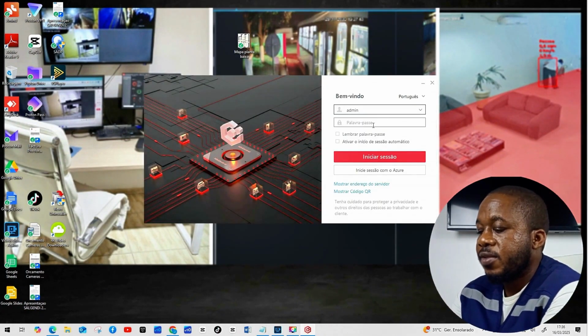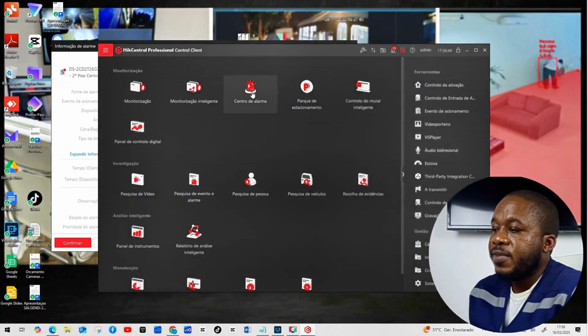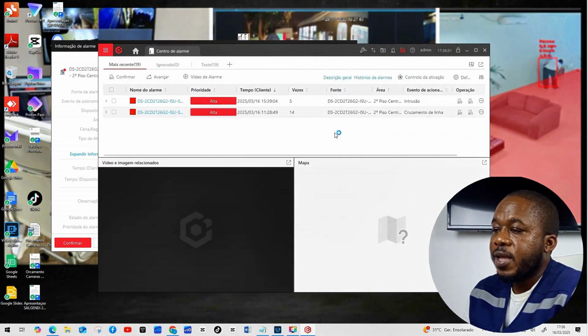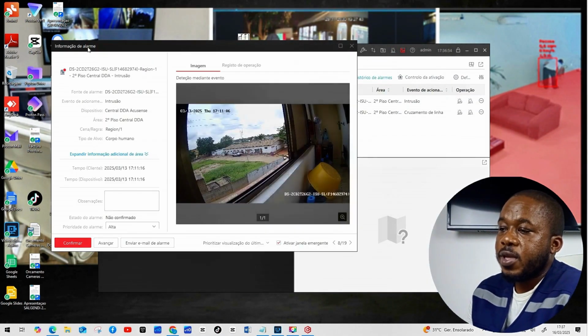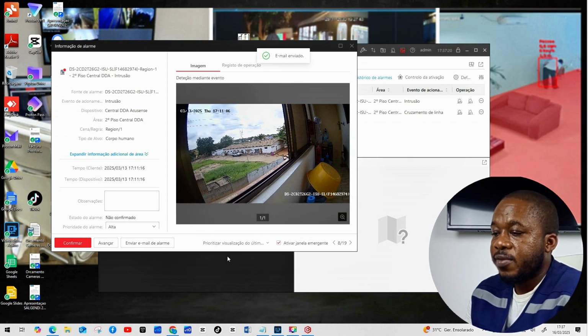Word of peace for the users. And let's find the alerts here. We have here, for example, an alarm for an event that needs to be addressed. This event here is already old, but we can see it here just as an example. To test, let's choose not to set the time here, General Director. Here are the emails we defined, and we will send. The email sent from the platform.